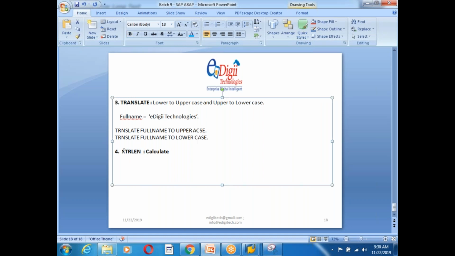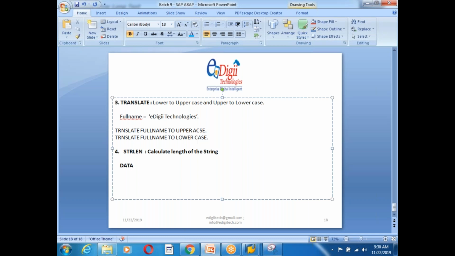the command is strlen, the string length, guys. It calculates the length of the string. Okay, so now you can see, but guys, if you want to use the length, 19 is an integer. You need to declare it in a data object. So length, which is of type integer,